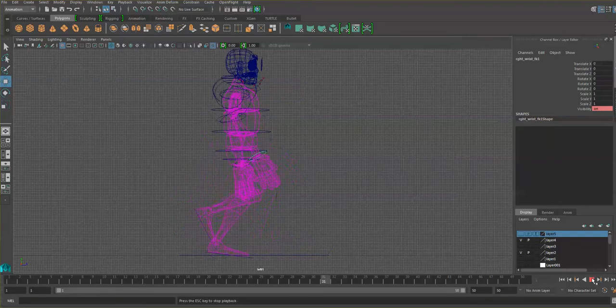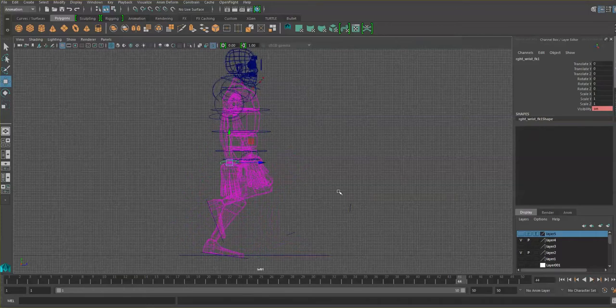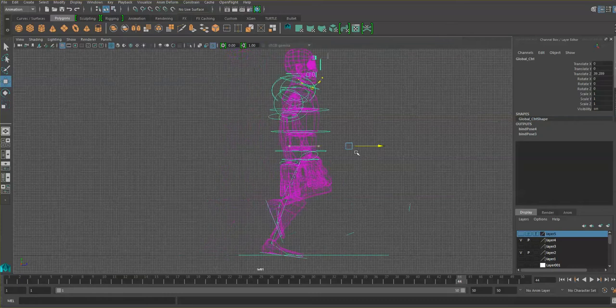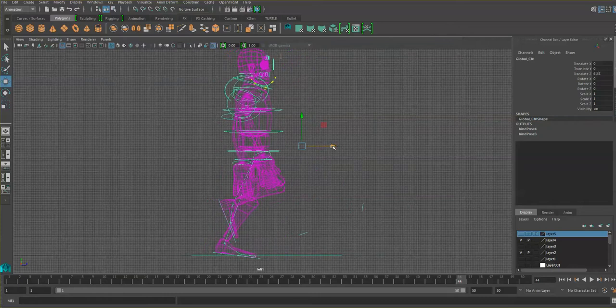Beautiful. You see, now you can have the animation going for as long as you need to, okay? So the next step we need to do is translate it, move it forward in space, right? So that it looks like he's shifting rather than just kind of sitting across. So the first thing is I'm gonna select